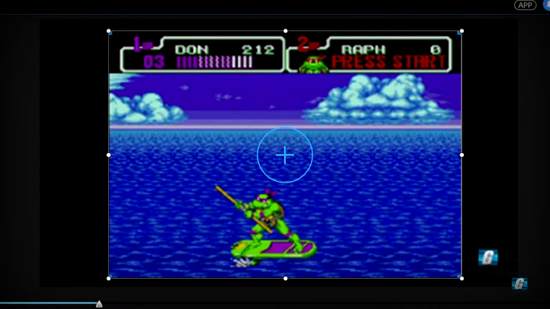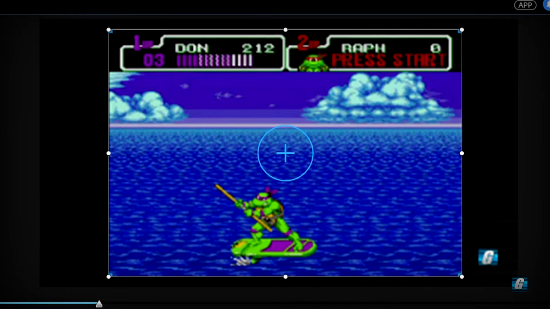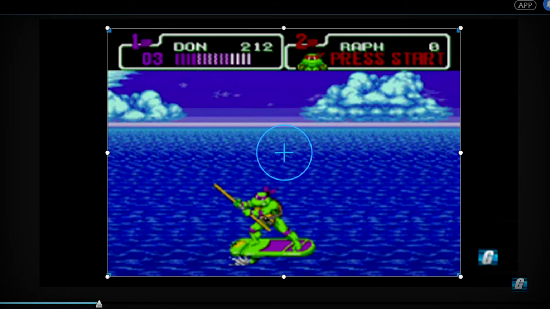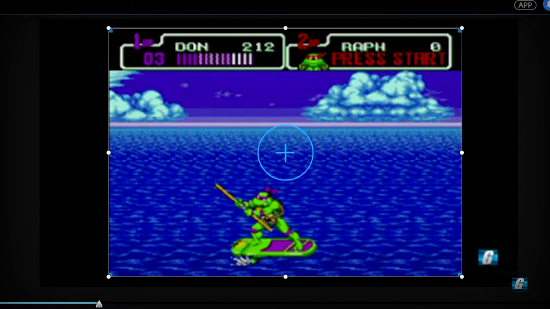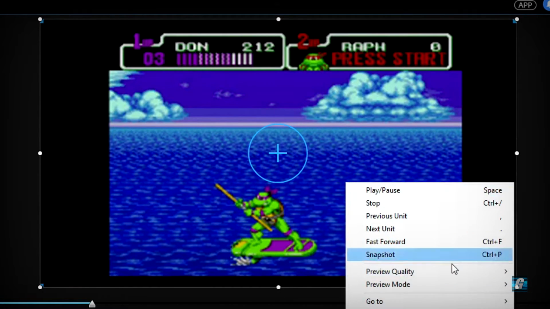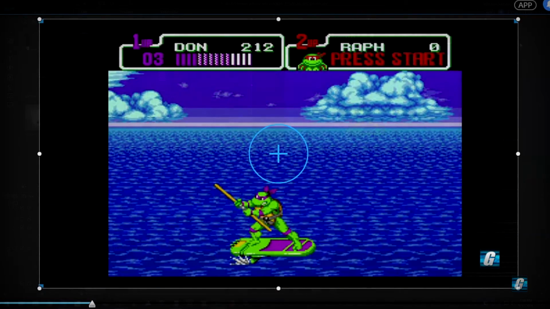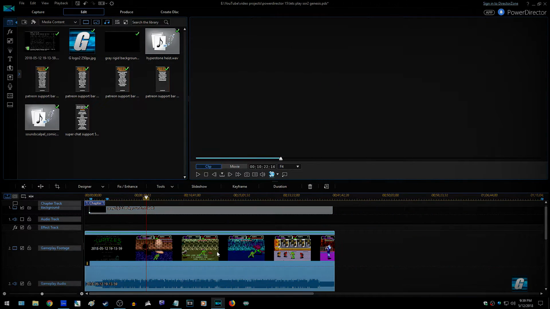And I still think it looks fine when you're watching on a mobile device or a computer monitor or something like that. So what I do here is I select it, and it kind of snaps automatically as well, like when I was doing my crop, but I get it to around where I need it, and then I just use the arrow keys to manually shift it. And I just eye it. I don't sit here and really worry about what pixel line it's on or whatever. But yeah, that's that. And then the next step, let's go ahead and go to preview quality, HD preview resolution again, just so you can see a better representation of it. The next thing I do, like I said, is I